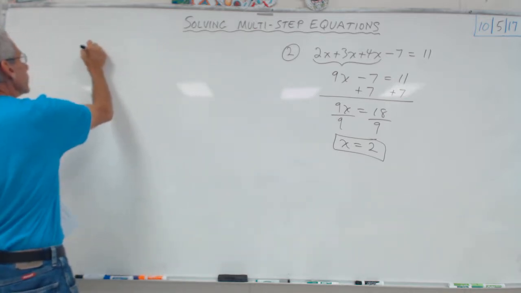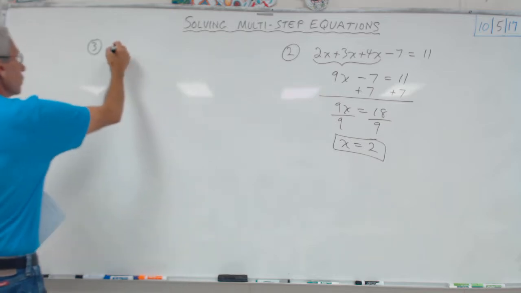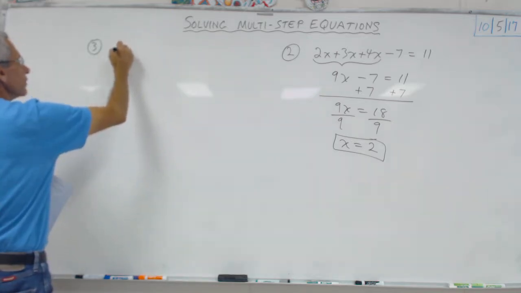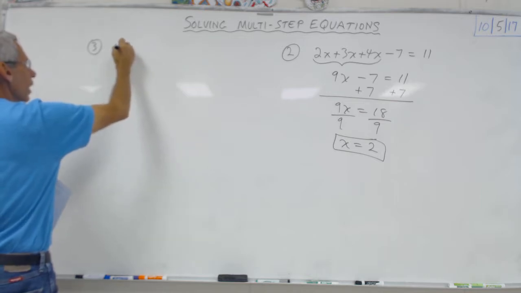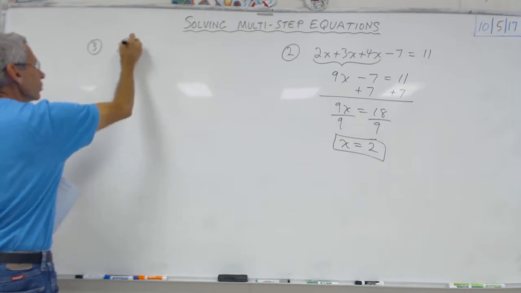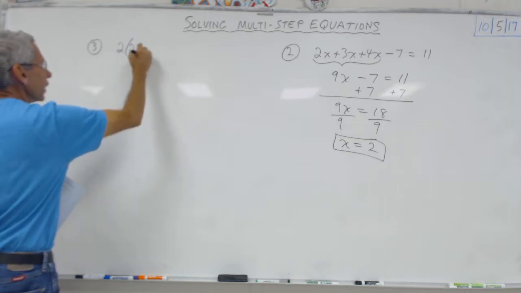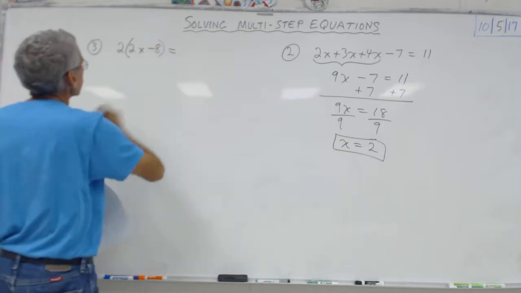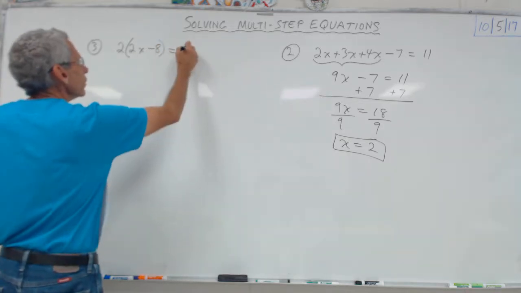This is also a slight review from another lecture. Let's say I gave you this: 2 parenthesis 2x minus 8